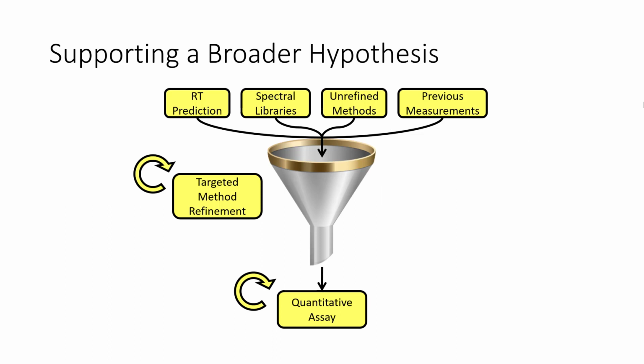So, the basic concept of Skyline is that we came up with this idea of targeted method refinement. When you're going to target something, you can start with a really broad method based on your spectral libraries, your RT prediction, unrefined methods, which is what I would consider these big proteome-wide things. Any other previous measurement information, you put it in here, do this targeted method refinement, and eventually your goal, especially if you're, say, in a clinical assay,